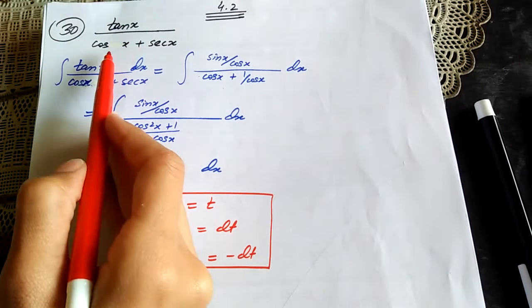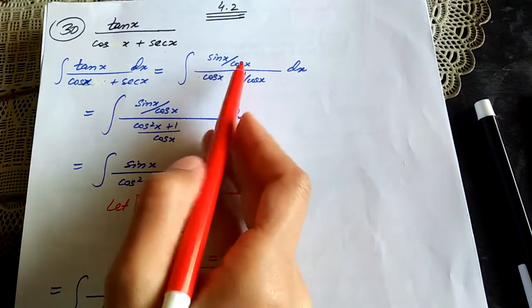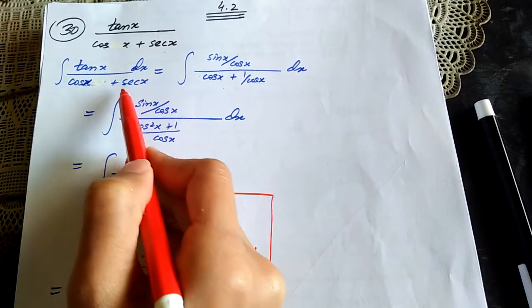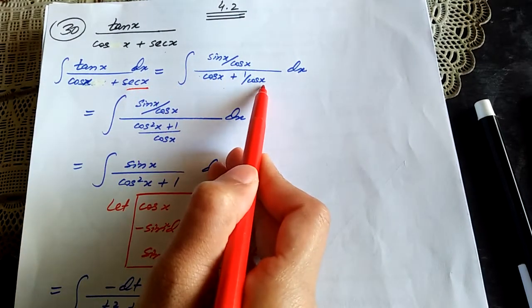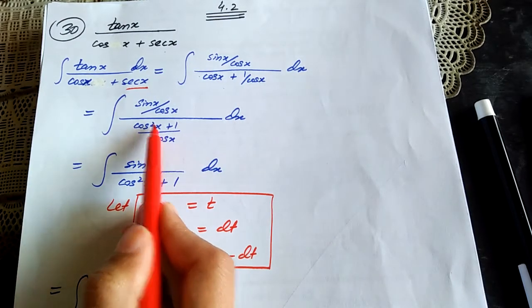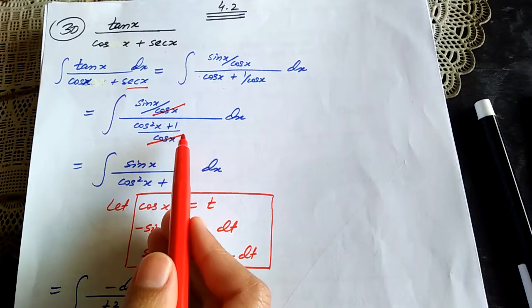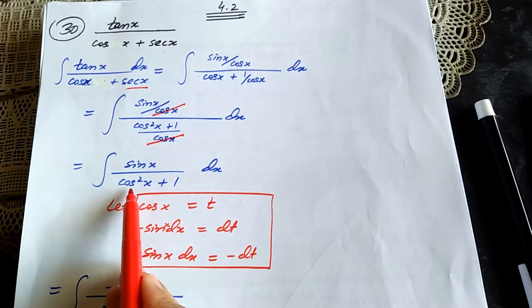Integration of tangent x over cos x plus secant x. Replace tangent x with sin x over cos x and secant x with 1 over cos x. Take the LCM in the denominator. We're left with cos square of x plus 1 over cos x. This denominator with this denominator can be cancelled out and we will get sin of x over cos square of